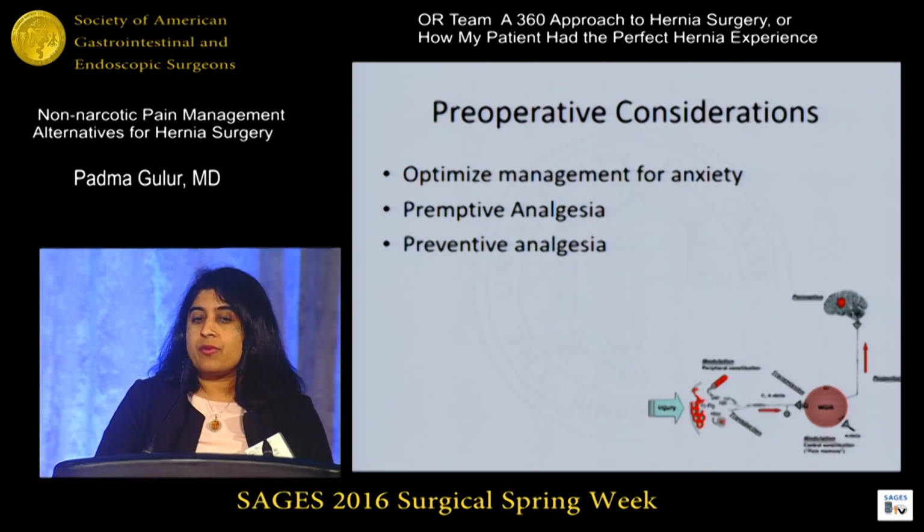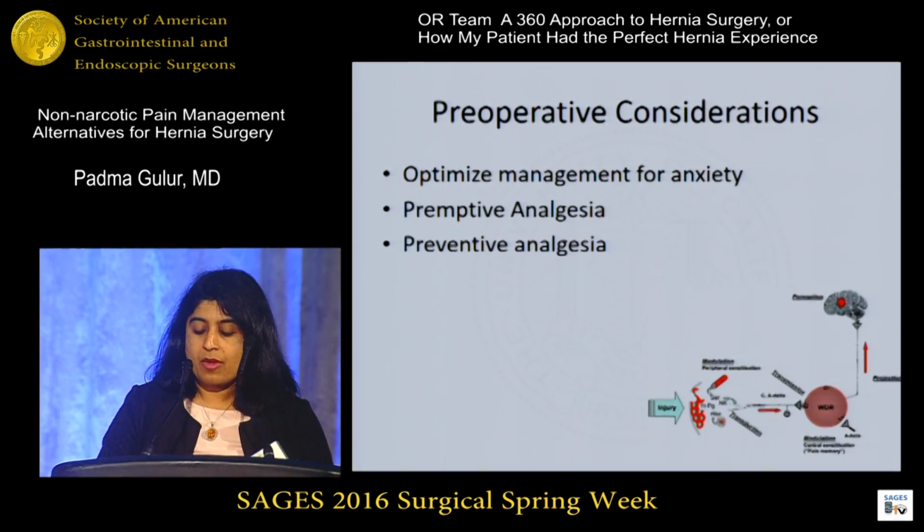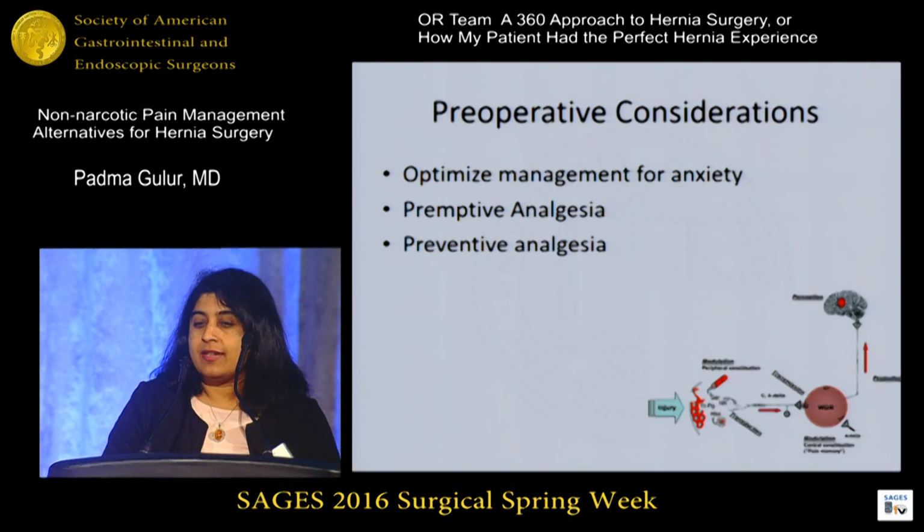So in the preoperative considerations, we had a great talk on optimizing management for anxiety prior, because many times we are using pain medications to address mood and anxiety, and it would be more optimal to treat the condition with other things. And then I'd like to talk about the concept of preemptive analgesia and preventive analgesia, and what is